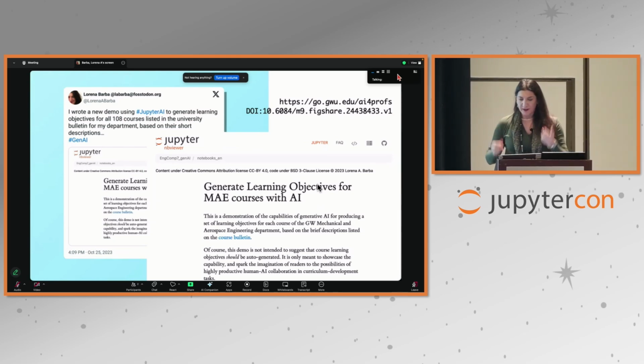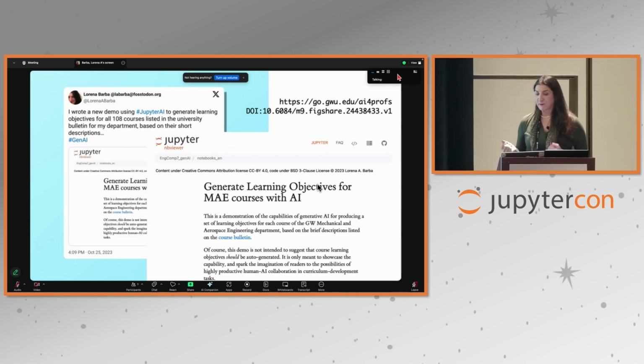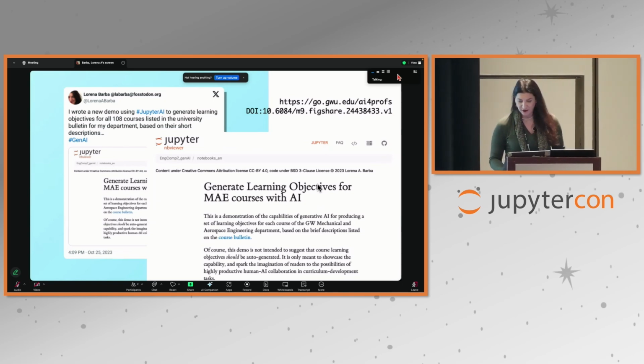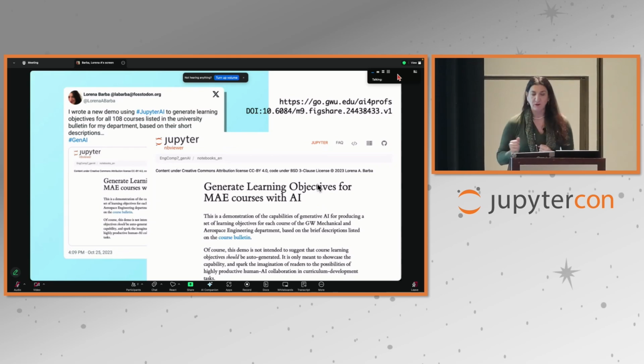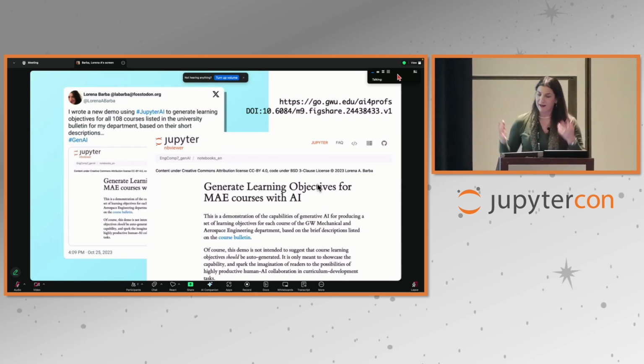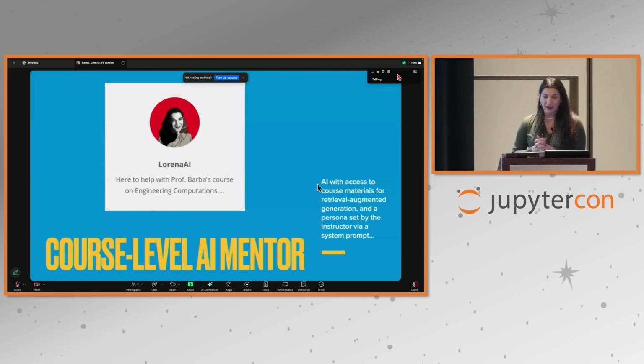So it was just a demo, but I was very excited about the idea that we could, of course, use LLMs within Jupyter in a reproducible fashion. So I was very excited. I was like a kid in a candy shop in 2023 with all of these new things happening in AI. They continue to happen. So what happened is I come into the classroom next semester, and I decided to have